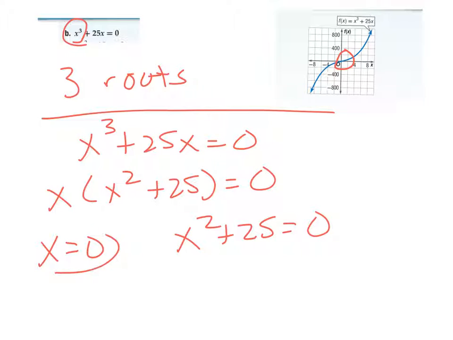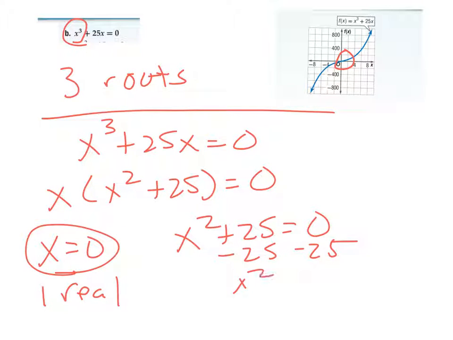So in this case, this one's already solved. That's real, so that answers the question. We have one real root. Then the next thing we will do is solve this equation. So when we solve this equation, we take the square root, and we end up with x being